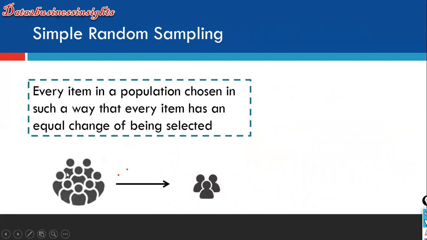In this population, every item is chosen in such a way that every item has an equal chance of being selected. I think most of you would have noticed this in the TV show. They write the name of each person on a paper, fold it, and put it in a jar, and then they will